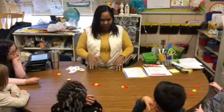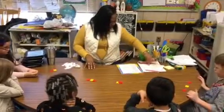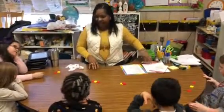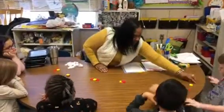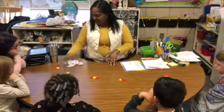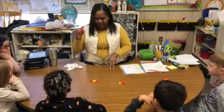In this lesson today, we're going to learn about 5 different words. And those words are going to be pen, man, ten, hen, and den. And what I want you to do is listen to the sounds. I'm going to give you these squares, and you're going to move them up to hear the sounds for every